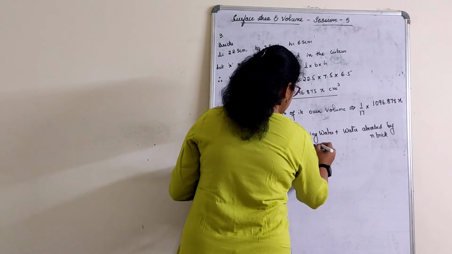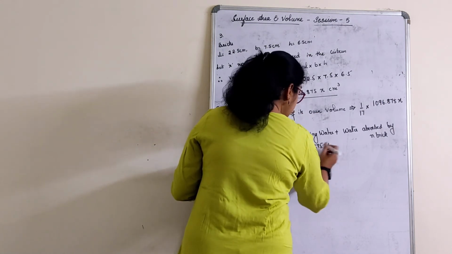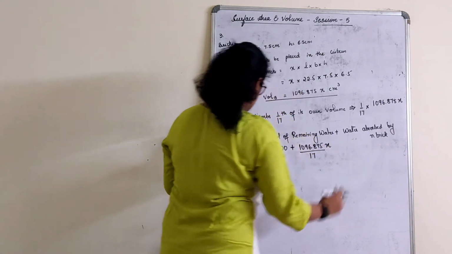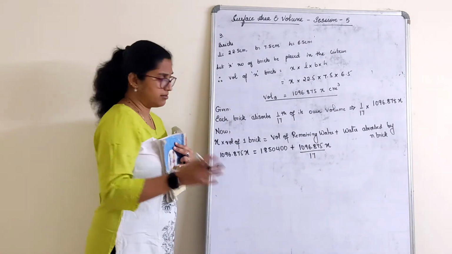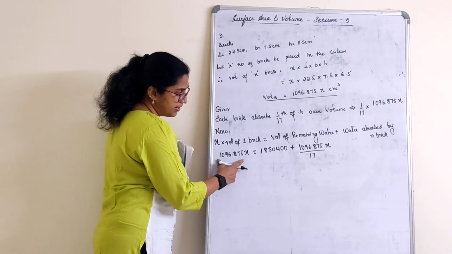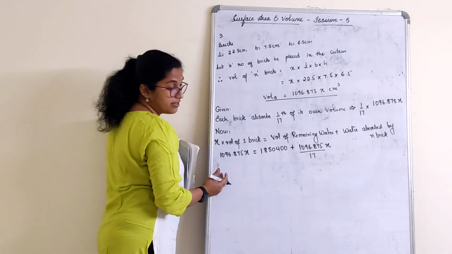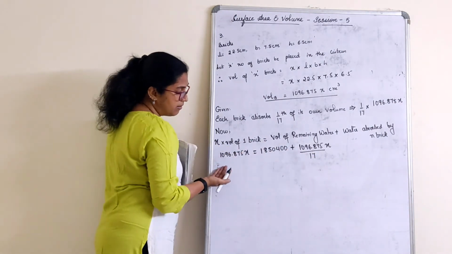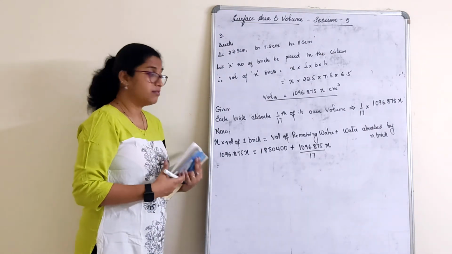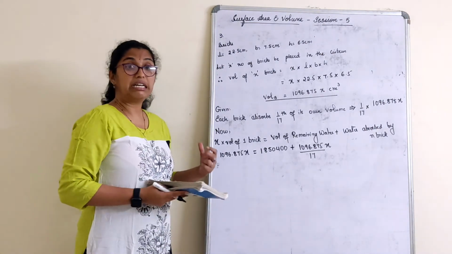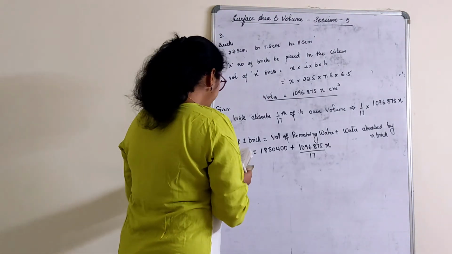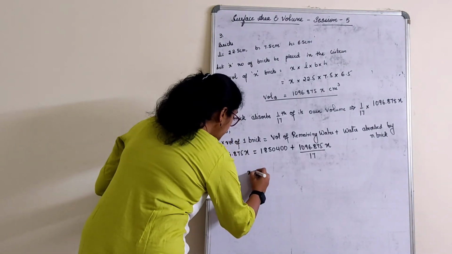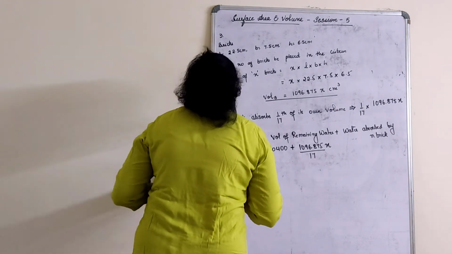1096 by 875 x of 17. So now what you have to do? I am going to give you only the x answer. I'll just explain what you will do. It is here. You will shift it this side. Take LCM, multiply. Linear equation form. This is the linear equation sum, but a lengthier number in linear equation. Okay? So finally you will get x value as